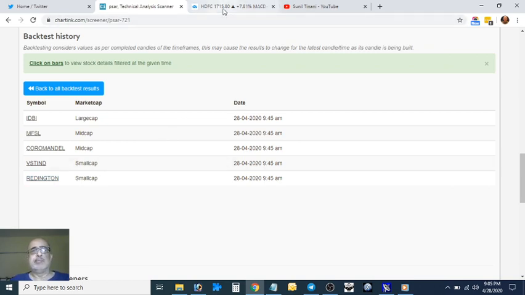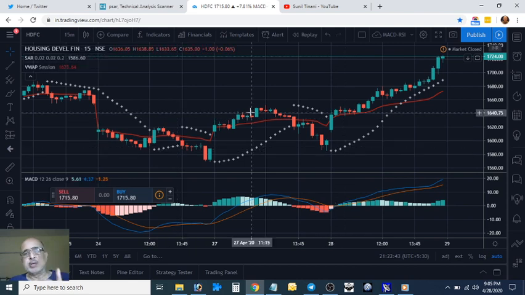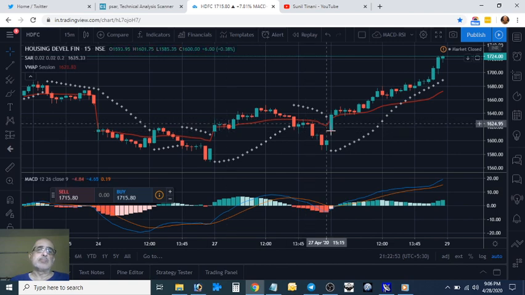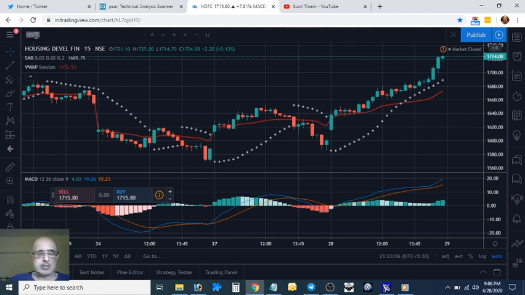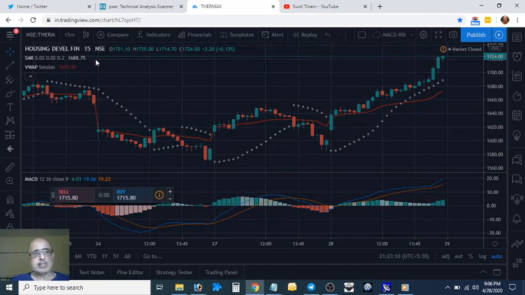Now we are working on this HDFC example. We are working on the day MACD histogram, the 30-minute parabolic SAR, and finally the entry is when the high crosses the 15-minute VAP. VAP is the red line out here. That's your entry. HDFC gave you that first thing in the morning. Even Thermax did well today, if I recall. Let's check.